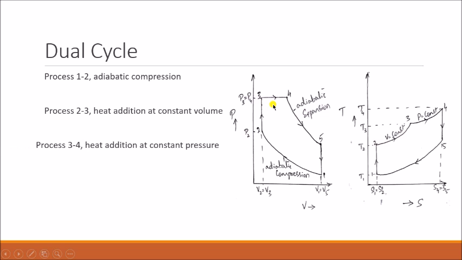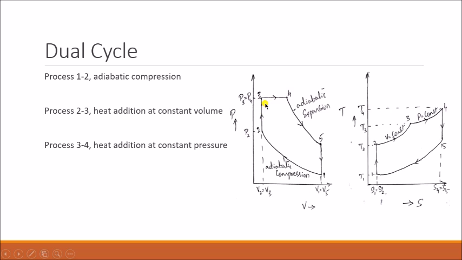After that, again the heat is added at constant pressure, that is during the process 3 to 4. So here the volume was kept constant earlier, and during 3 to 4 the pressure is kept constant and heat is added. In the TS diagram, the temperature further increases and reaches point 4, that is T4. Here the pressure remains the same, that is P3 equals P4. So either P3 or P4 will be the maximum pressure in the whole cycle. Same way, at point 4 the temperature T4 will be the maximum in the whole cycle.